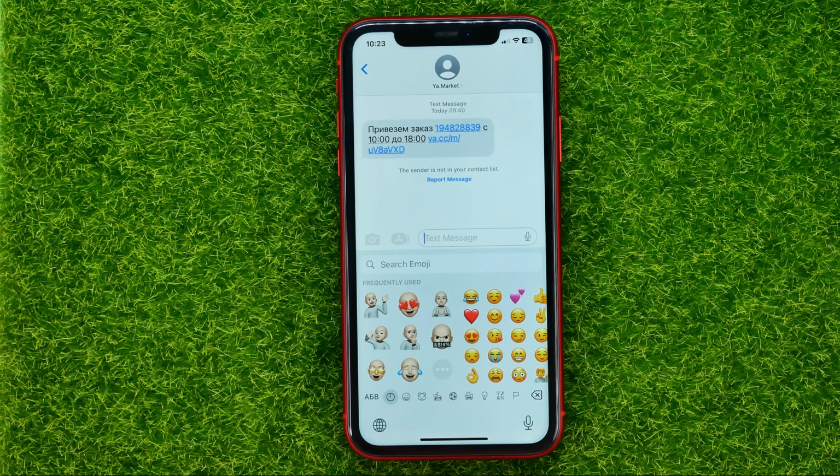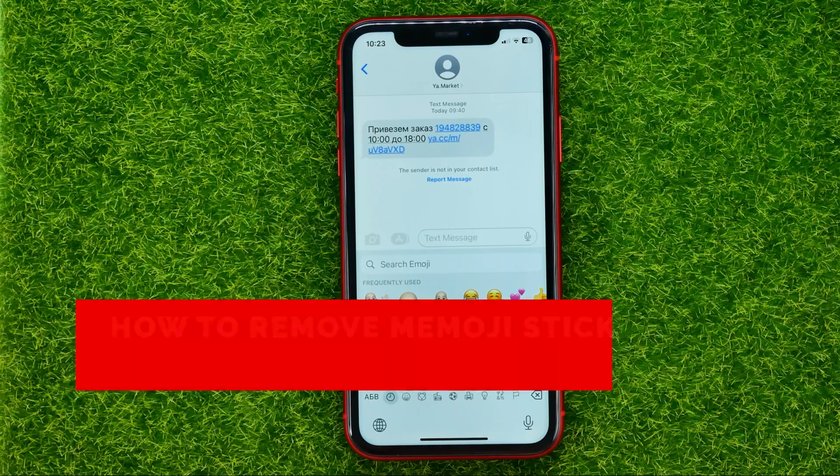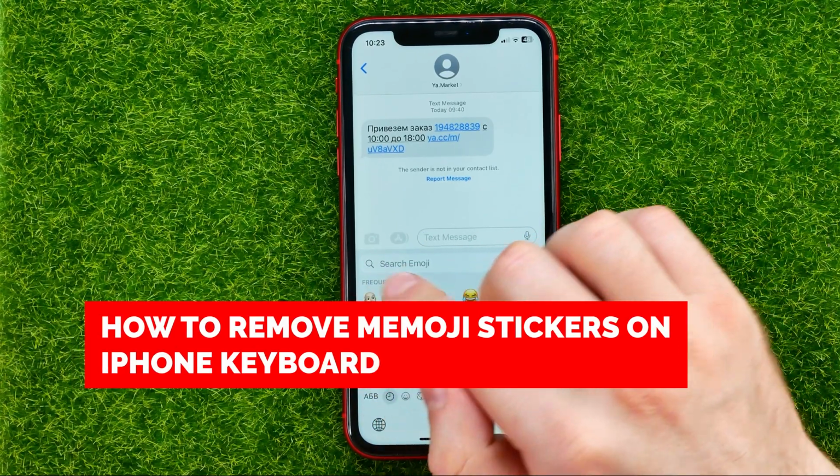Hello guys, welcome back. In this video I'm going to show you how you can easily remove those Memoji stickers